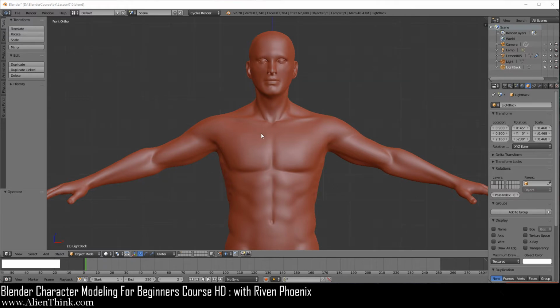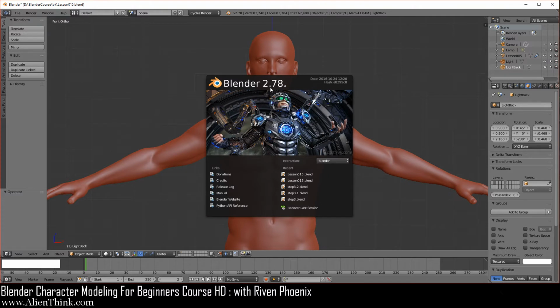So the first thing that I'm going to point out is that you can always look over here to see what version of Blender someone is using. Here it says 2.78. Now, if I go under the help menu and bring up the splash screen, you can see that the version that we're going to be using in this video series is 2.78. I strongly recommend you use the same version that I am if you want to get the same exact results, right? If you want to keep your life simple, use the same version.